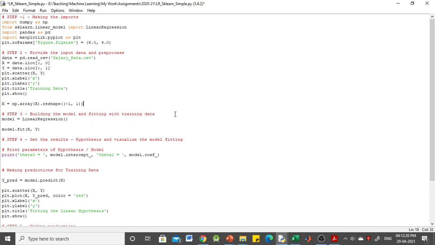training data. So we are creating an instance of class LinearRegression. LinearRegression is the class that we have imported from sklearn linear model.